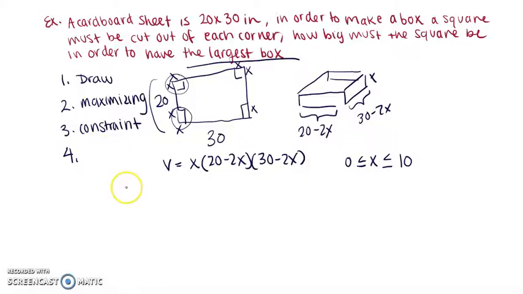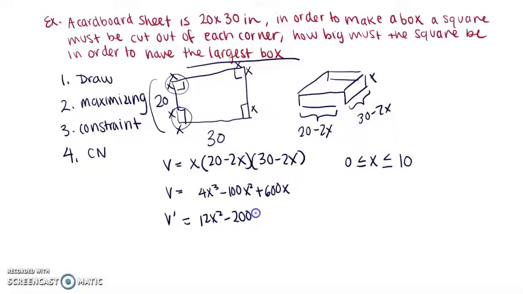And then the fourth step is to find the critical numbers. And in this step, we're finding our absolute maximum and absolute minimum. So we're going to expand our volume, and that will give us 4x cubed minus 100x squared plus 600x. And then we're going to find the derivative. The critical number is found by setting the derivative equal to 0. So the derivative of the volume would be 12x squared minus 200x plus 600. Now if we set that equal to 0,